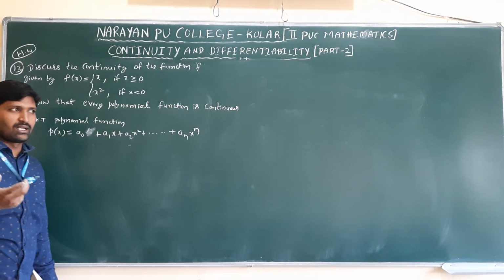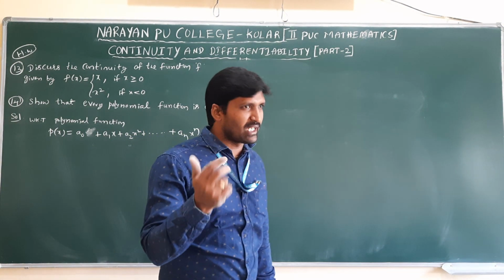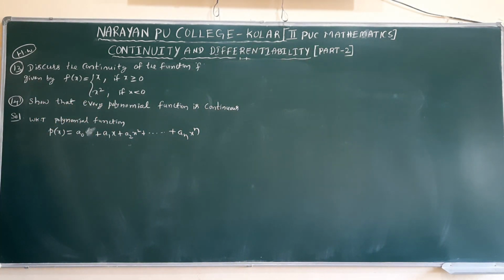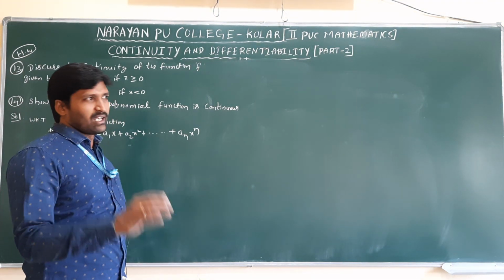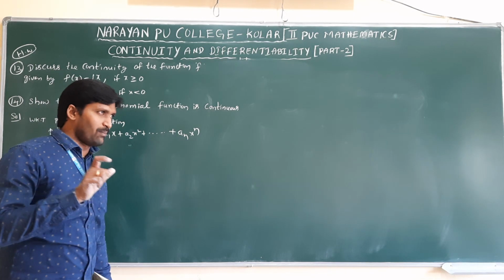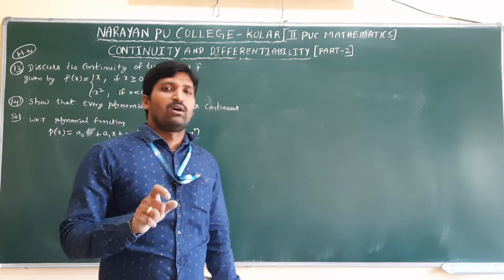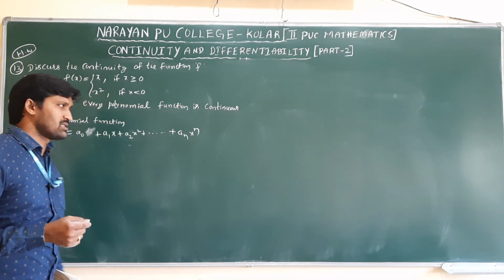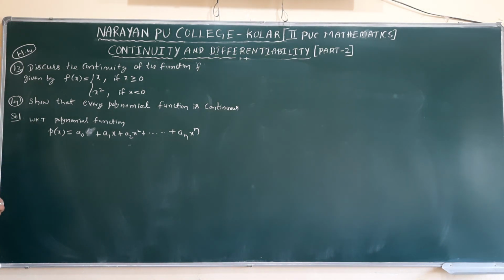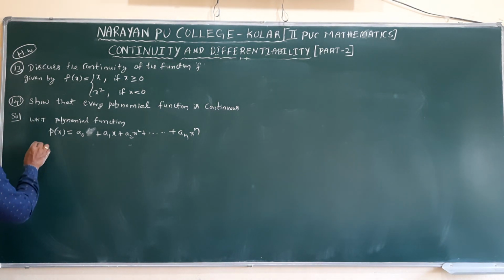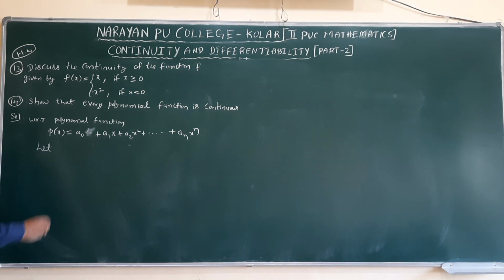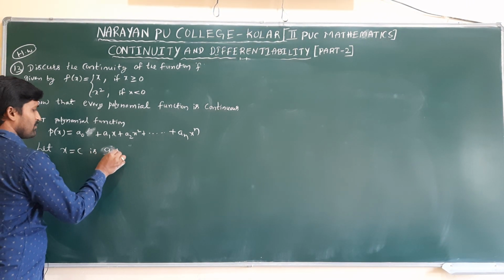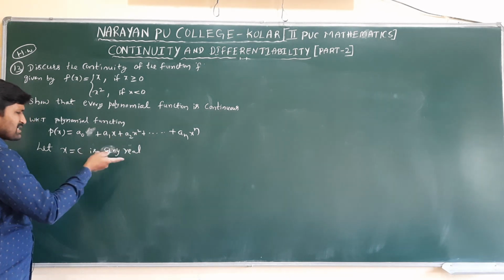Finally, what we can conclude here is that every polynomial function, whatever the degree, is always continuous. Here we are checking that the function is continuous for all real numbers only. We are verifying domain, range and codomain for real numbers, not for imaginary or complex numbers. All this function concept is related to real numbers. That's why I am taking x equal to c, any real number. Since a symbol is already used, I am taking the symbol c.